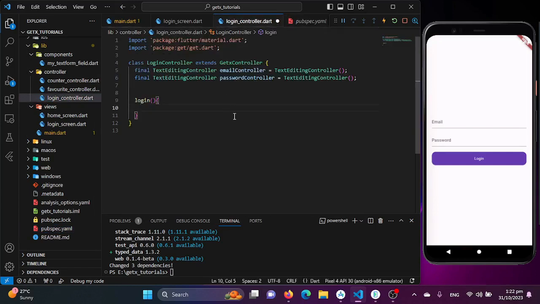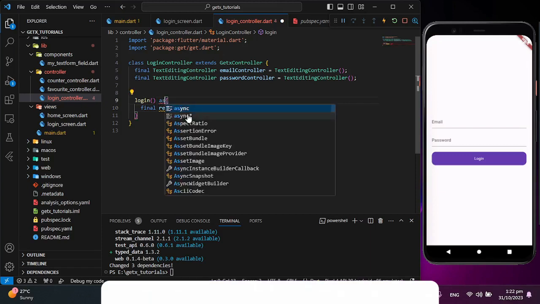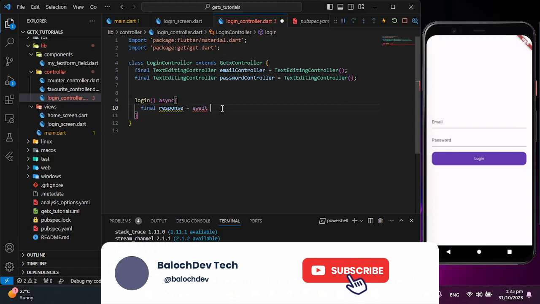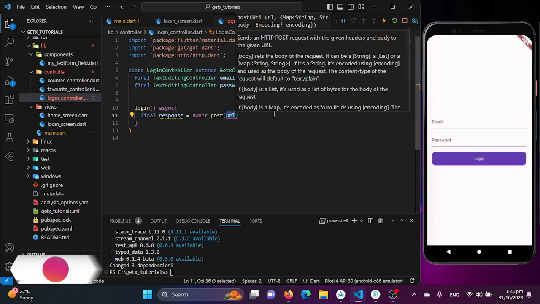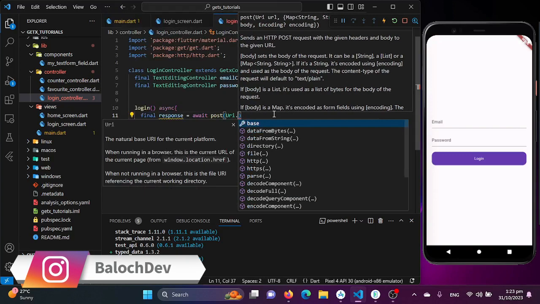So that's it. Now we will be just using the final response is equal to await. So HTTP methods are future functions, so we need to use the async keyword for our function. And now I'll be using the method which is post basically. So here you go. Now we will be just using the Uri.parse here,